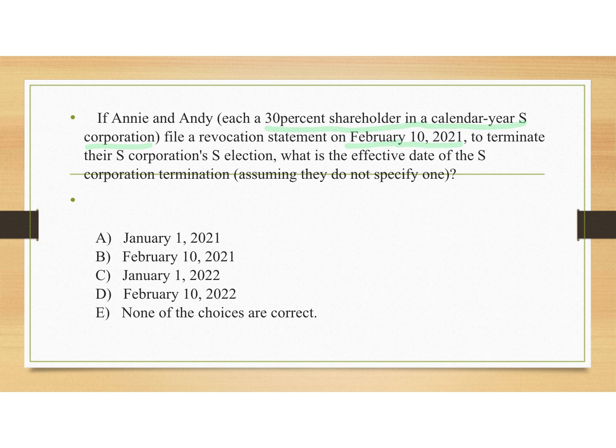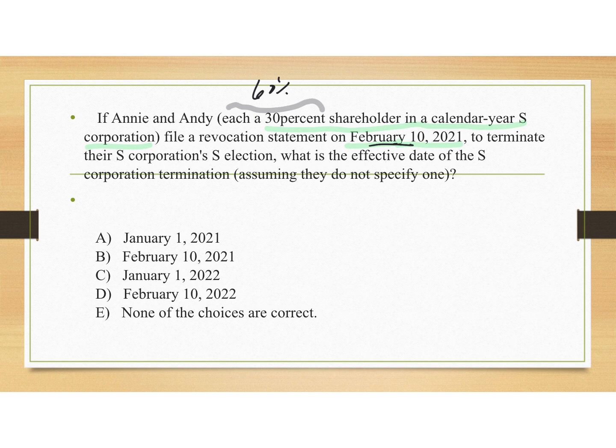Okay, so a couple of things to note here first. They each own 30%, so that's 60% total. So they can terminate because it's greater than 50%. But the other thing you have to know is that generally speaking, voluntary revocations made on or before the 15th day of the third month are effective as of the beginning of the year. So when did they make this election? They made this election February 10th, and that is before the 15th day of the